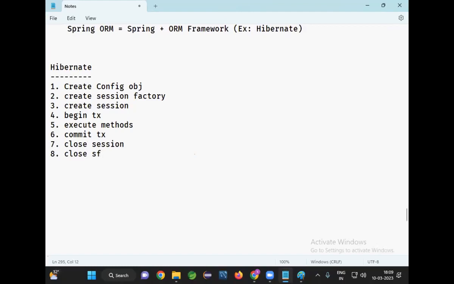If you are developing your DAO layer using the Hibernate framework, then you need to create a config object to load